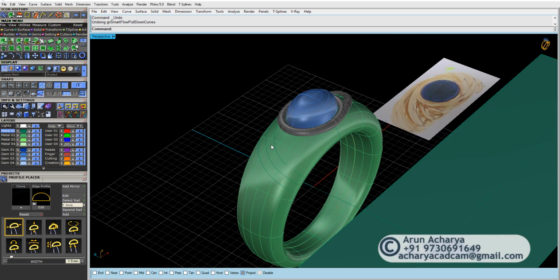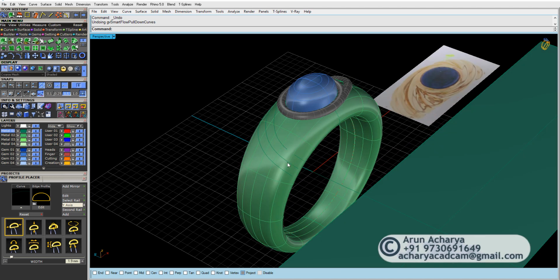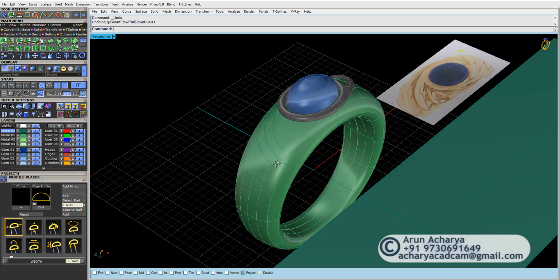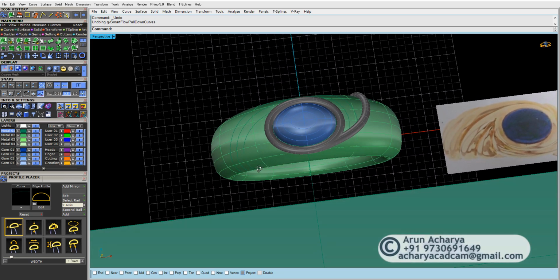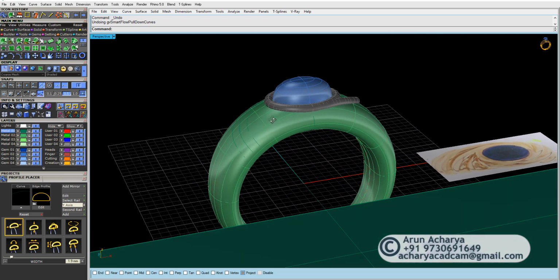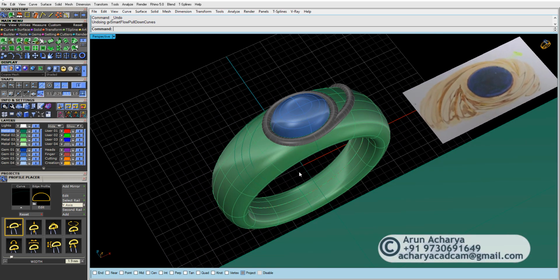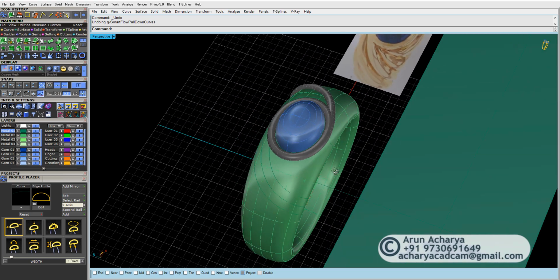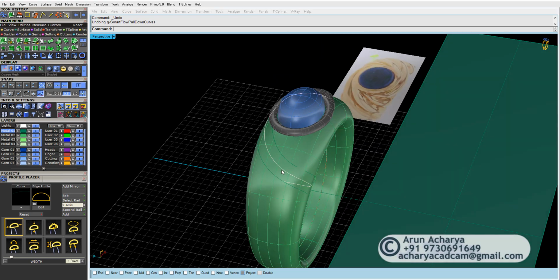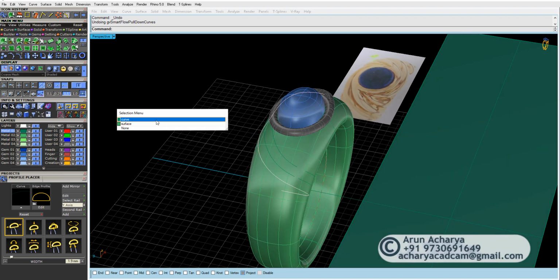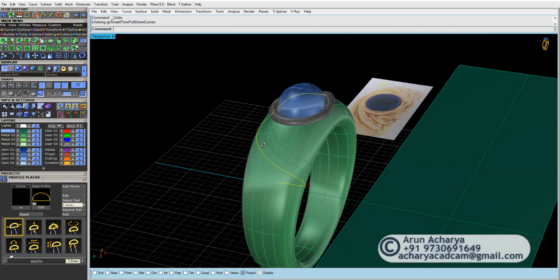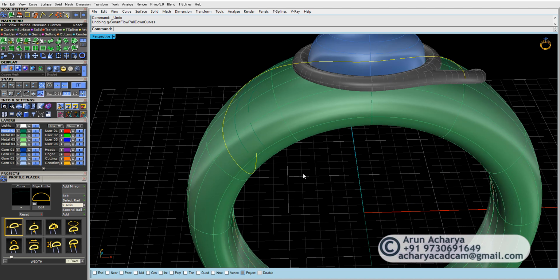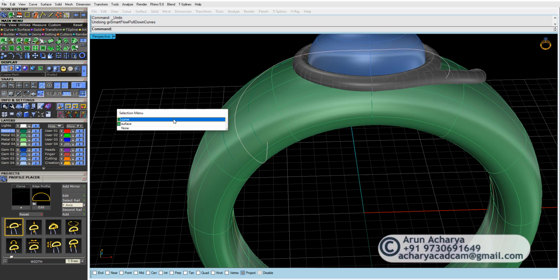you work here, and then you try to add the profile on the curve itself over here, and then you try to do the sweep one. I mean, that would be the closest and the easiest way to get this ring done over here. Okay, yeah, so this thing is over here, and if you want to continue with the offset, you can just do that. And here's the thing, now when you do a pipe here,